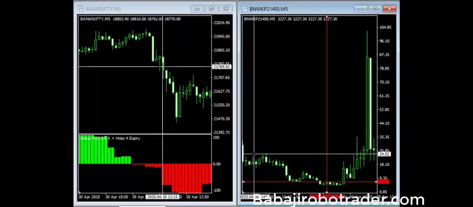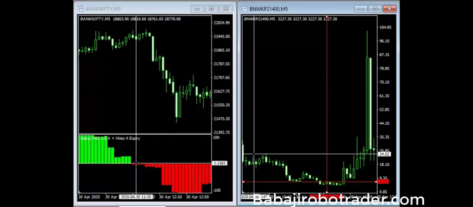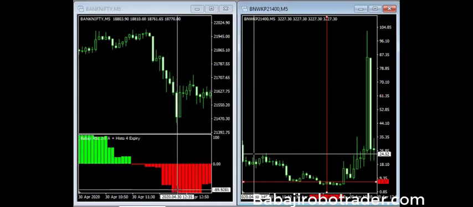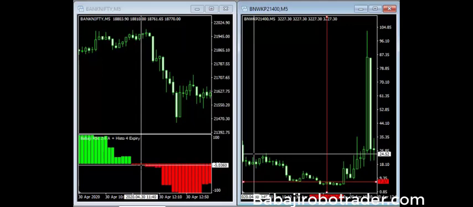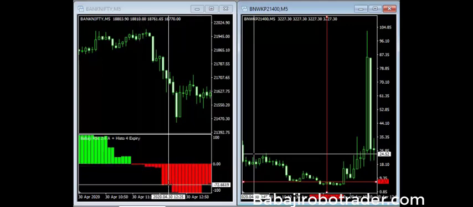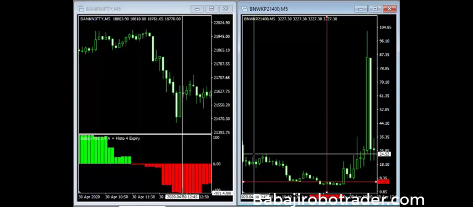When you wait for the full trend to close, from here it gave 4 steps. This is the full trend. This is the start of the trend. This is the mid trend. This is the final trend. And at the final trend, we have to close and exit the position.